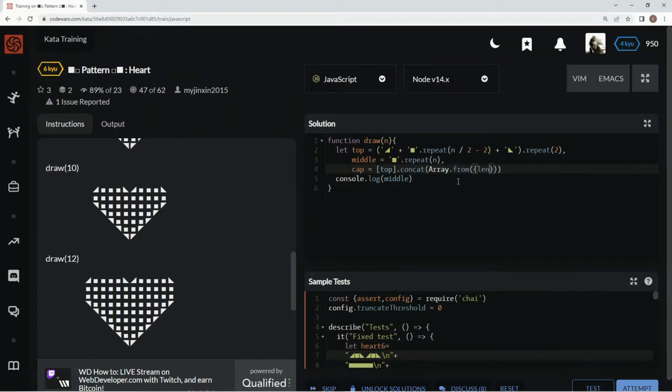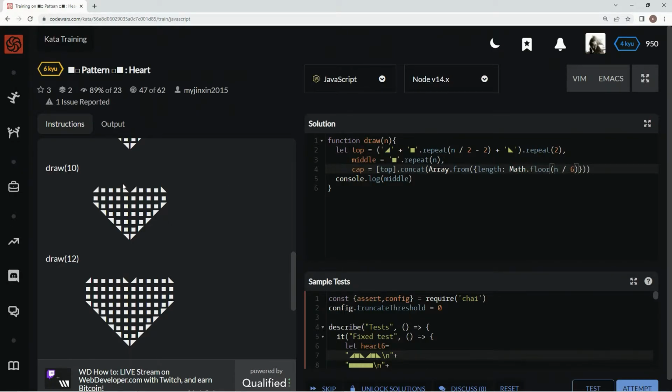And we're going to make the array-like object length, and it's going to have a length of, what's it going to have a length of? I'm pretty sure n divided by 6. But we're going to have to do the floor of that, so we're going to have to do